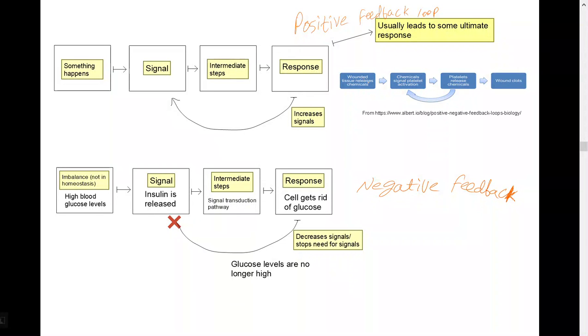The wound tissue releases chemicals. So something happens, the wound releases chemicals. That's your signal. This is not done exactly how I would, but the chemicals, once they release, they have a signal transduction pathway. So chemical signal, platelet activation. So that's a few steps. There's intermediate steps. It's going to be a signal transduction pathway, and then it ends up signaling platelet